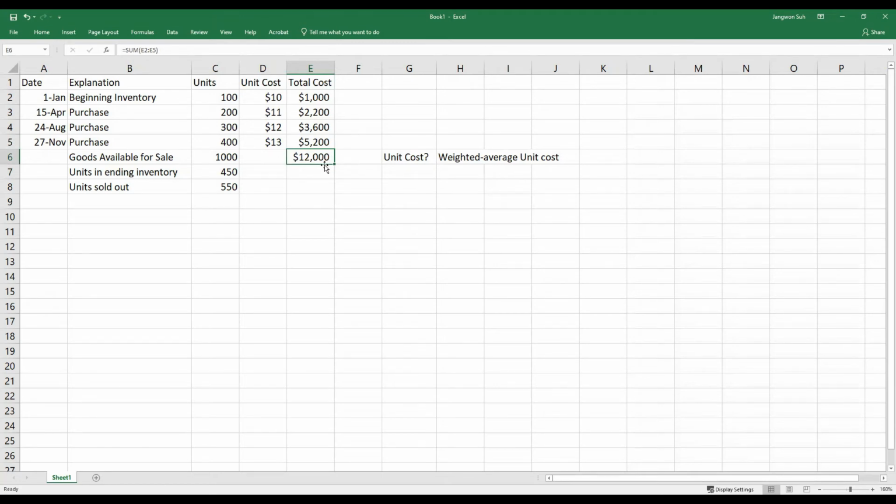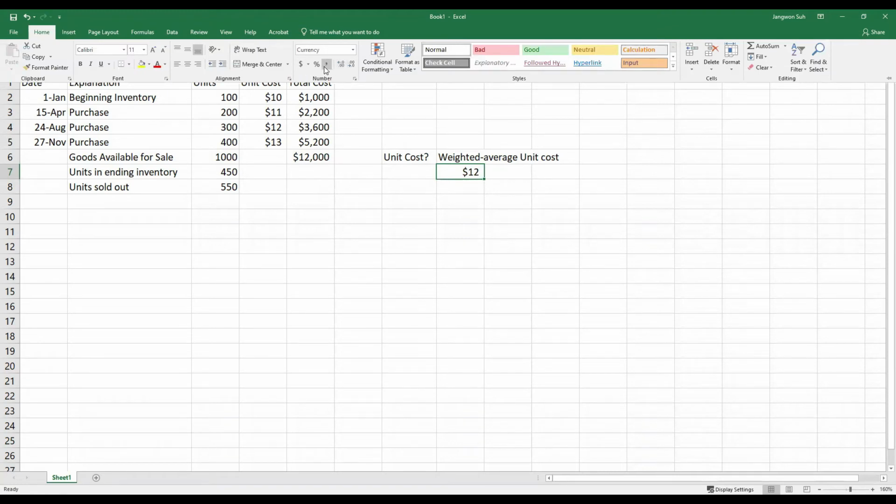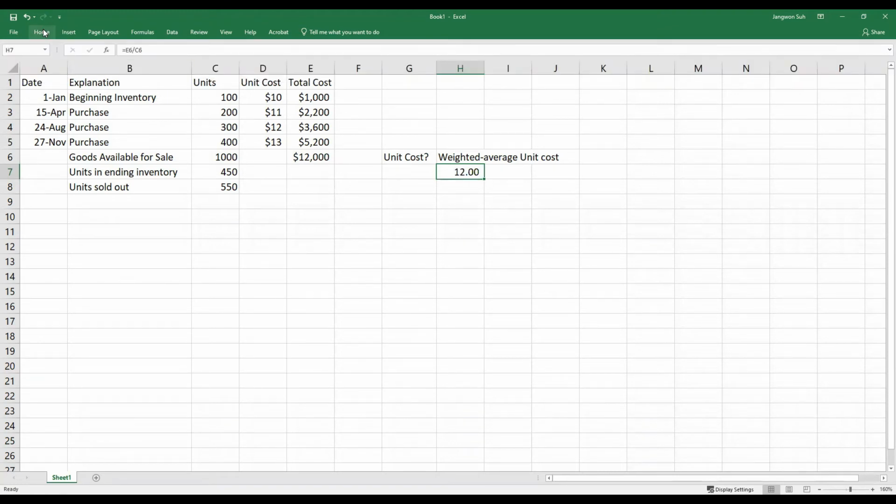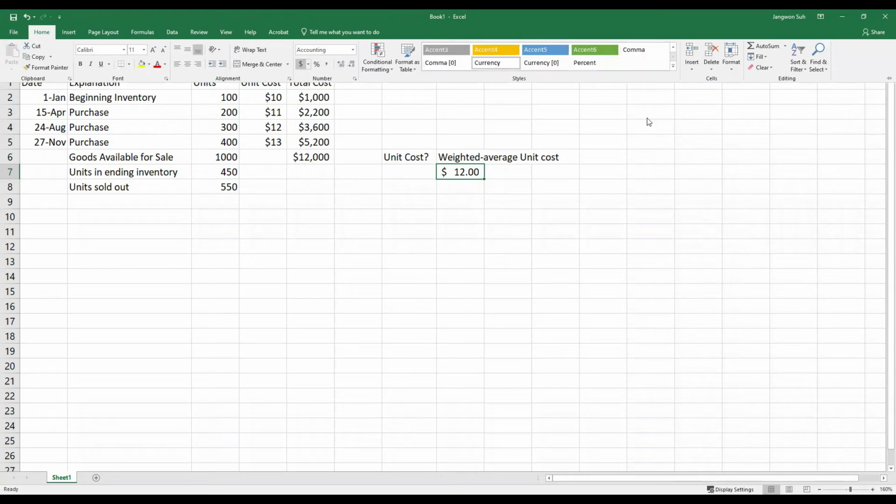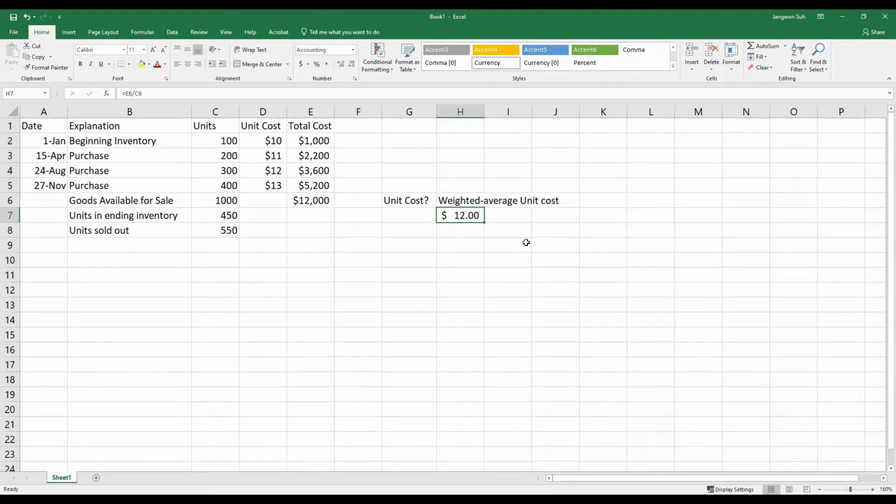You divide this weighted total cost, 12,000, by the goods available for sale, this number divided by that, which is $12. Okay, $12 is the weighted average cost, unit cost. Okay, then we are beginning from